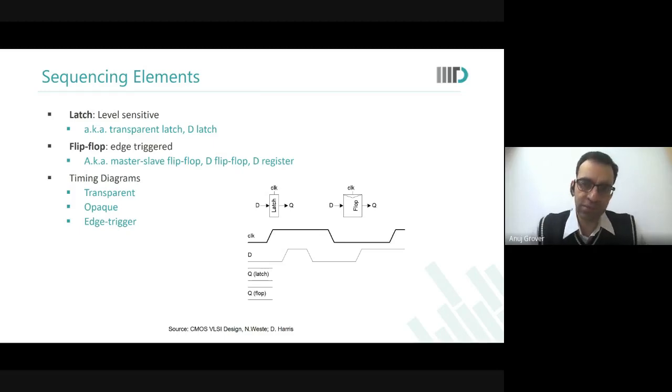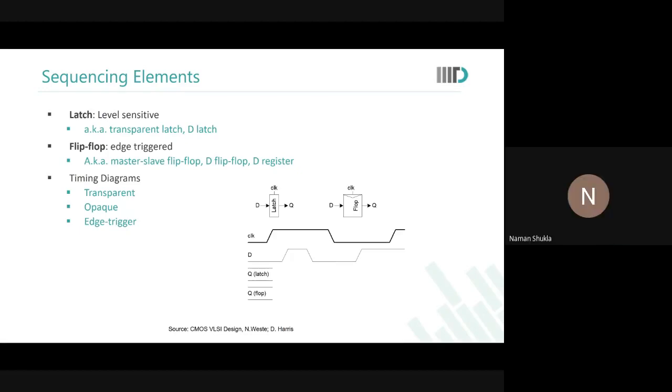Why just a flop and why just a latch? Every circuit is like this. There is an analog behavior to every circuit, but it's okay. Let us remain with the digital aspect of it. Okay, rising edge, falling edge, and high level and low level. I'm not even talking about what is the voltage at the high level. I'm just saying high level and low level. Is that okay? Yes sir.